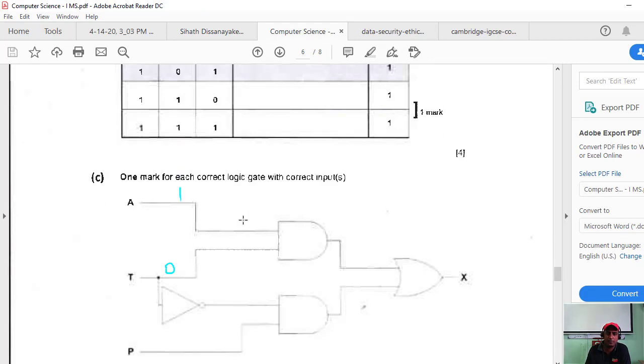As this answer says, it's 1, 1, then it is 1. That is okay. Here it should be 0, here it should be 1. If it is 0, 1, actually this should be a NAND gate. Otherwise, how does it come, no? Did you get my point?